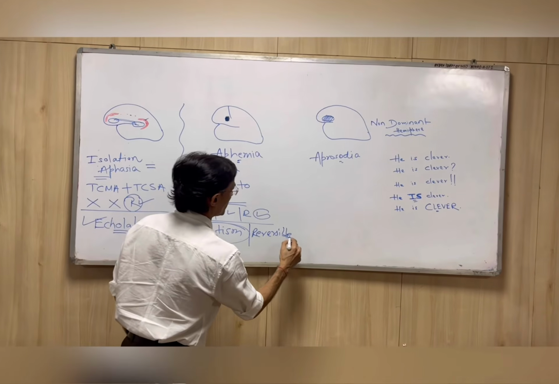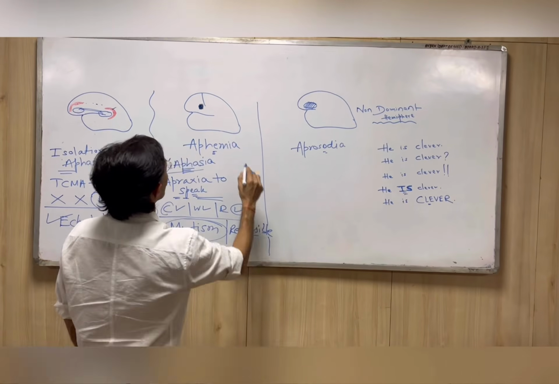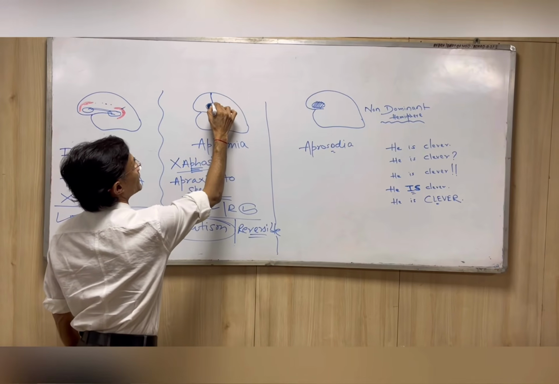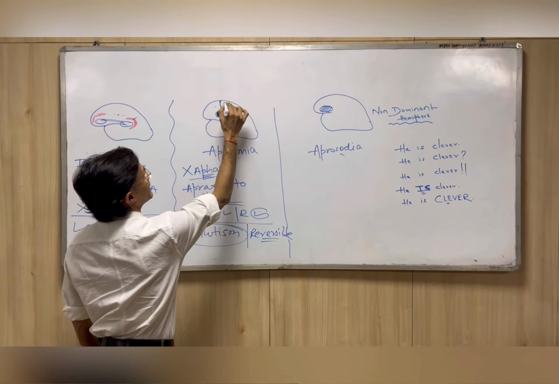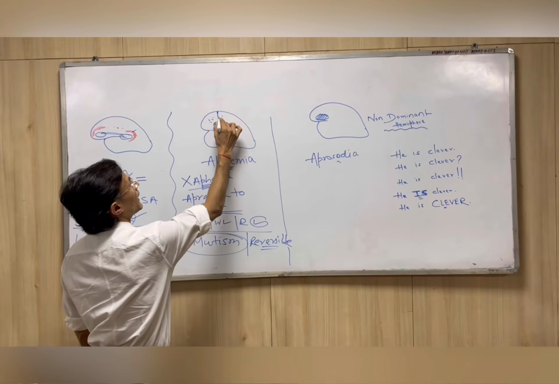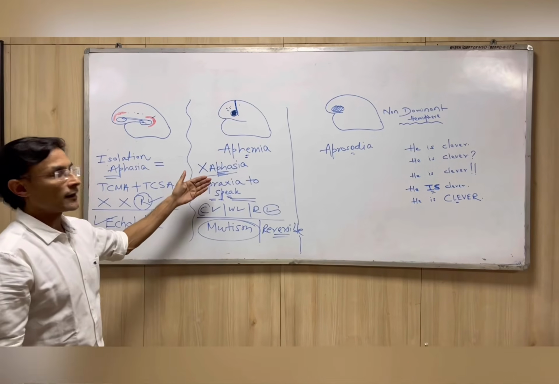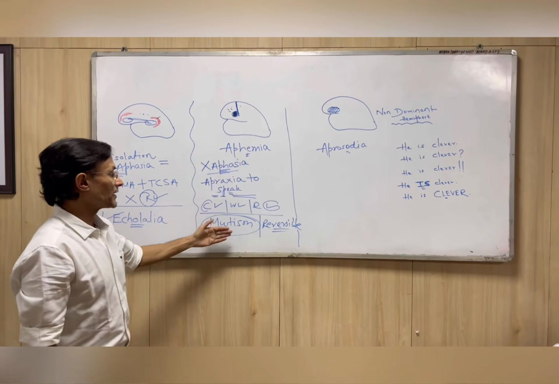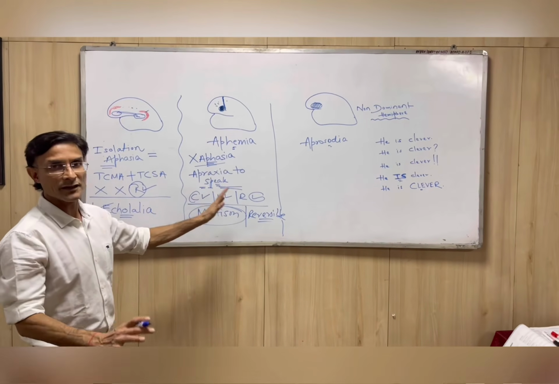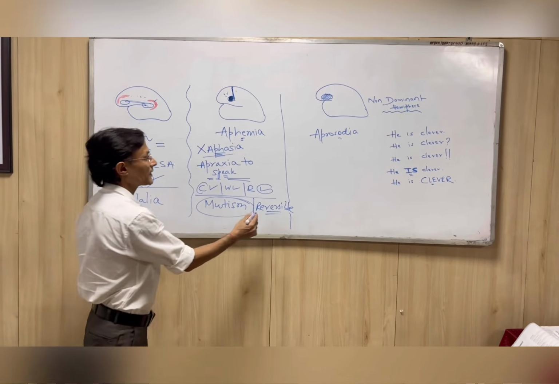Reversibility is the rule, and the usual causes of aphemia are, the basic site of lesion is, as you see, this is the central sulcus, this is the precentral gyrus, this is the postcentral gyrus, this is the frontal lobe. So scattered damage to the frontal lobe and lesions of the inferior part of the precentral gyrus cause aphemia. The classical presentation will be mutism. Everything is normal, no weakness of the muscles per se. The patient forgets how to speak, and it's a reversible situation.